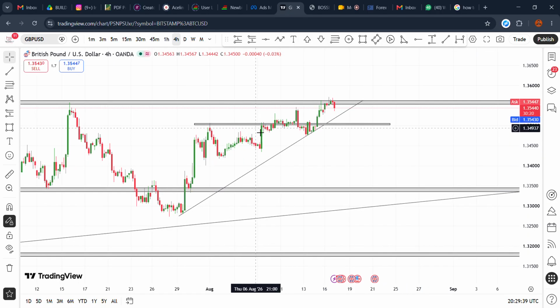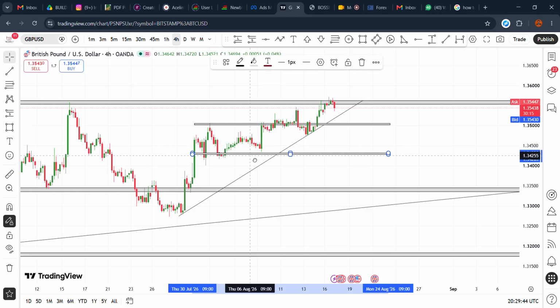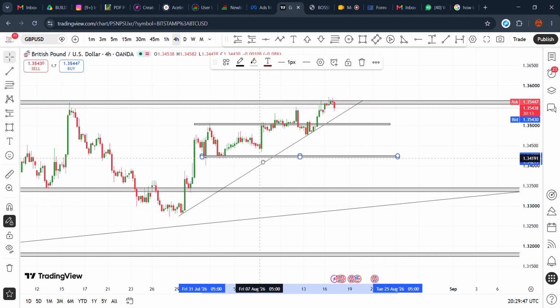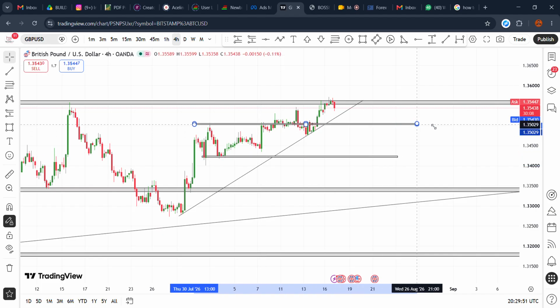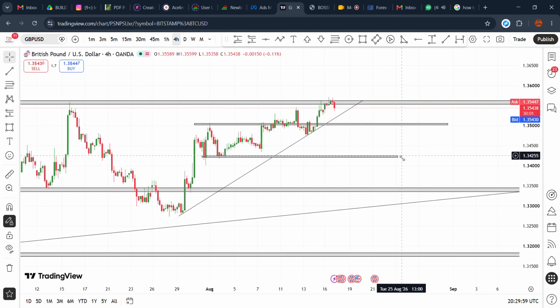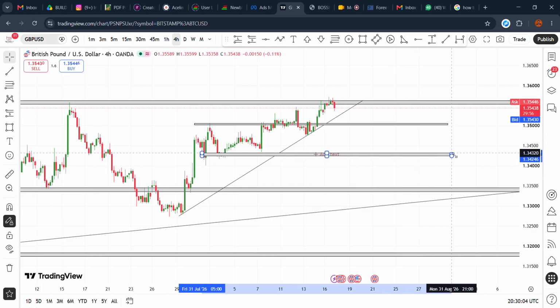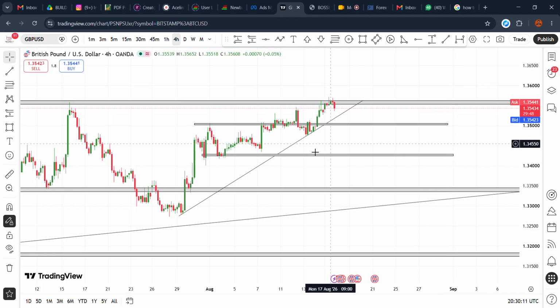Okay, so I draw my levels. If you want to identify them, you identify them like this. These zones I'm identifying are not really important for a day trader. A day trader is not going to draw these zones. A swing trader is not going to draw these zones. Position traders are not going to draw this zone. But it's going to help someone like a scalper. So that is why I'm looking out for all these zones, and I'm going to explain what these zones